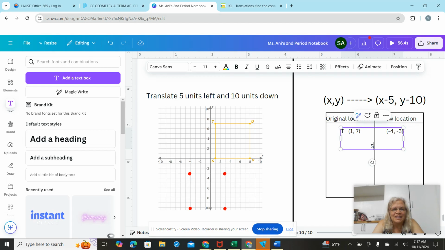Alright, so my s is at 1, 0. And my new s is going to be at 1 minus 5, which is negative 4, and 0 minus 10, which is negative 10. Okay, and then my u was at 8, 7, and my new u is going to be at 8 minus 5, which is 3, and 7 minus 10,